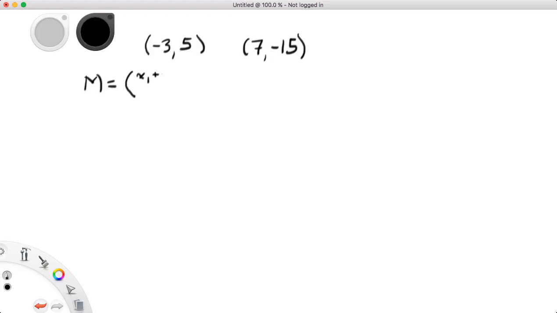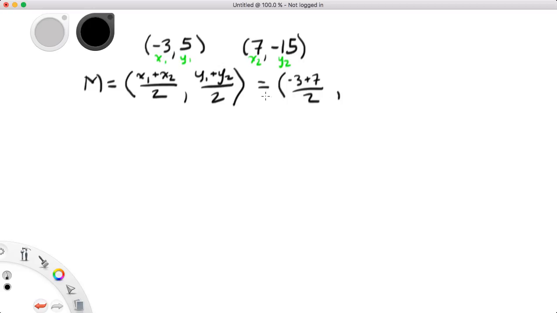x1 plus x2 divided by 2 for your x, and y1 plus y2 divided by 2 for your y. Okay, and in order to do that, we just want to make sure that we remember that this is x1 comma y1, and that this is x2 comma y2, and then we just plug that stuff in here and here. So in this case we're going to say -3 plus 7 divided by 2, and then our y coordinate is going to be 5 plus -15